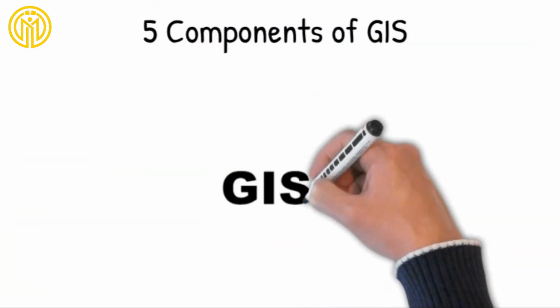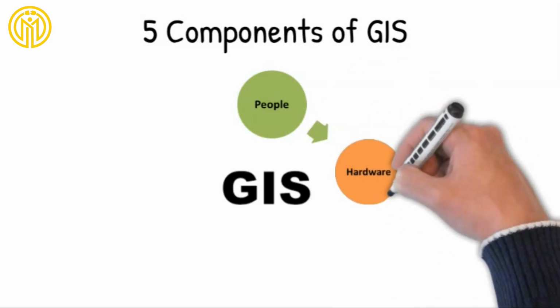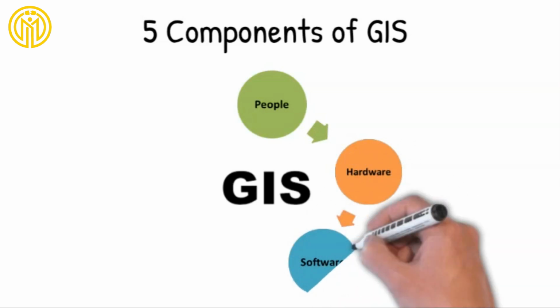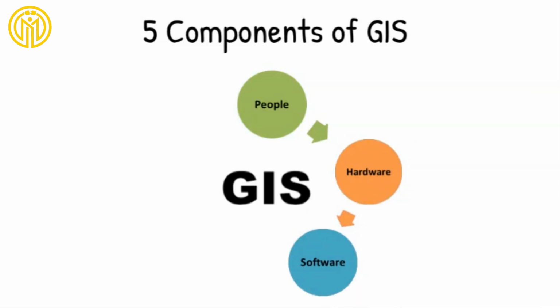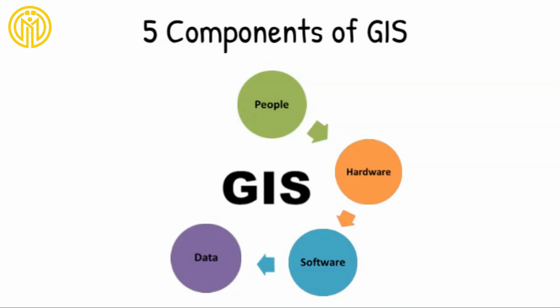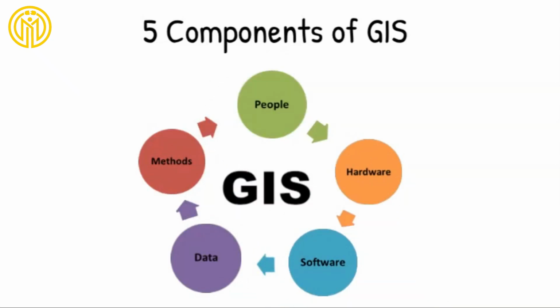Five components of GIS. People collect data, develop procedures, identify research questions, and define analysis tasks to run in GIS. Hardware is the computer on which a GIS operates. GIS software provides the functions and tools needed to store, analyze, and display geographic information. Data. The most important GIS component is the data, how it is managed and assessed. Methods are the procedures followed to answer the questions that need to be resolved.